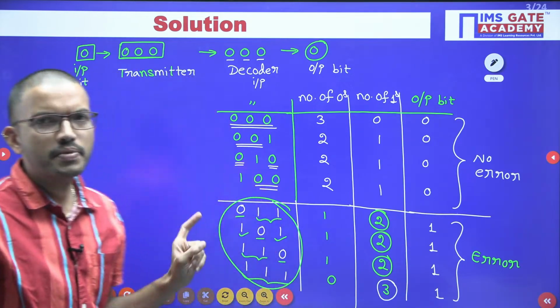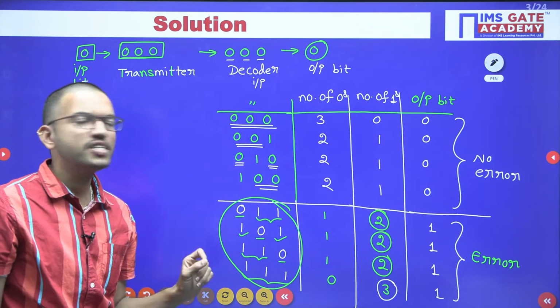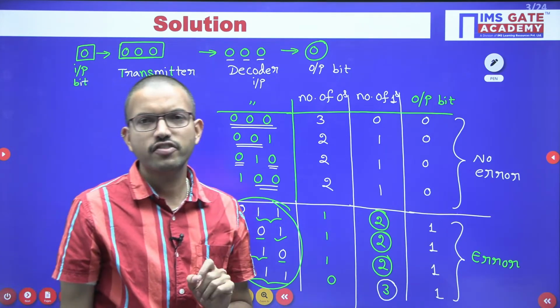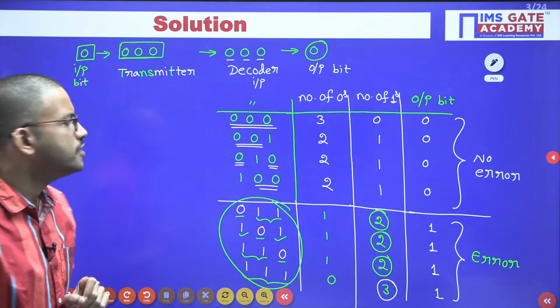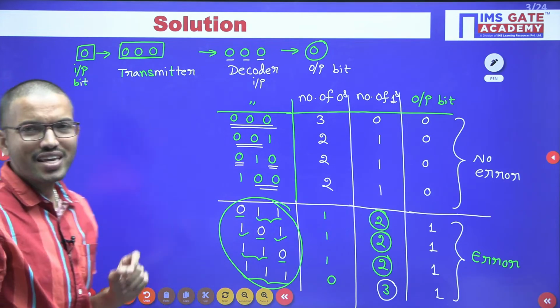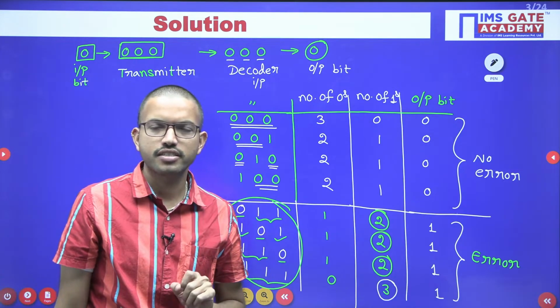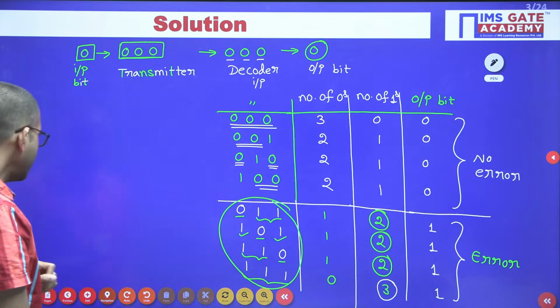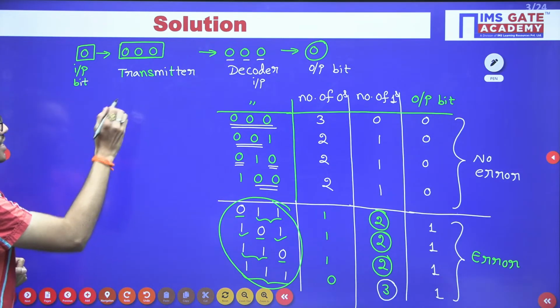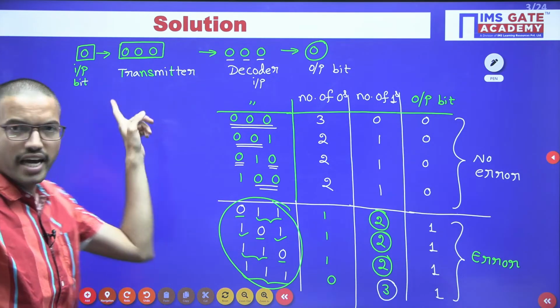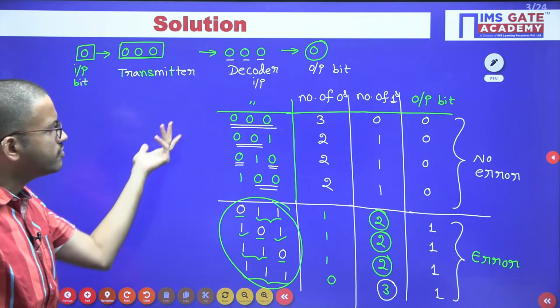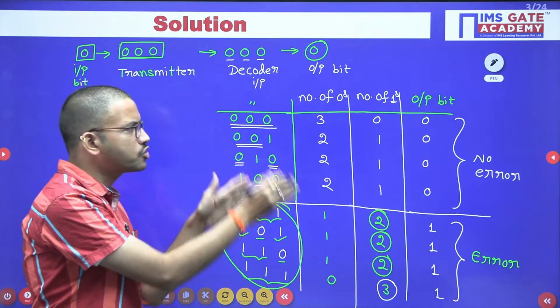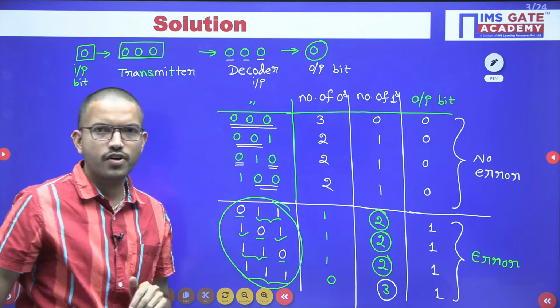I hope it is clear for everyone. All of you please respond, is it clear or not? If you are having any doubt, you can ask in the chat. For easy understanding, I have considered the example with 0. Similarly, you can consider it with 1, and for that also I have shown the same tabular form.